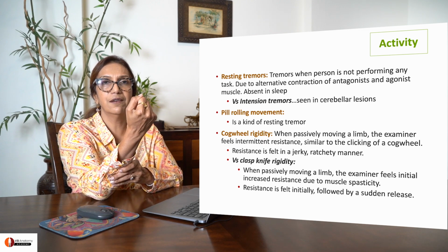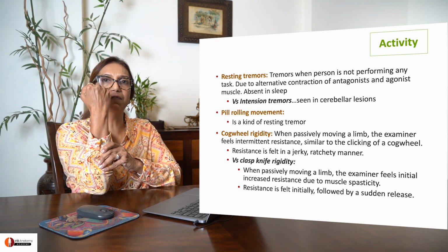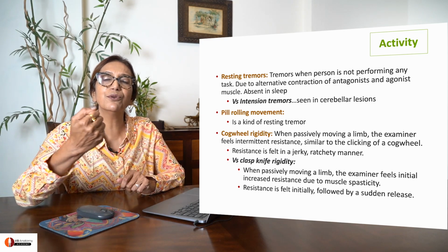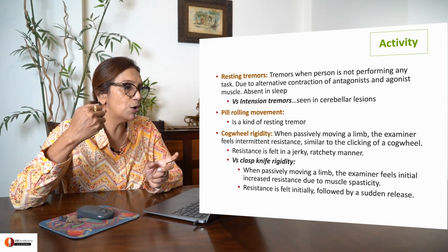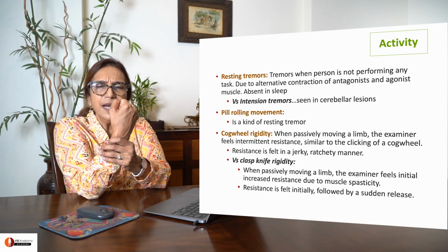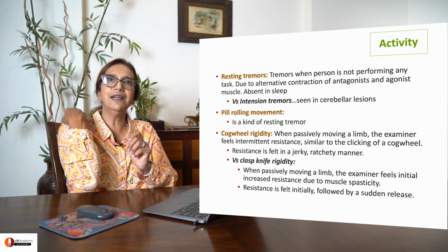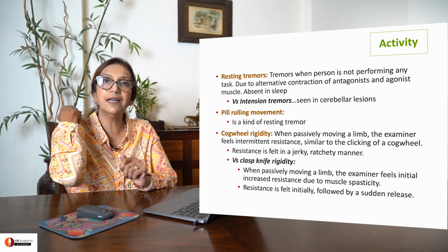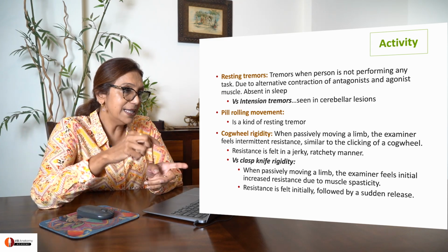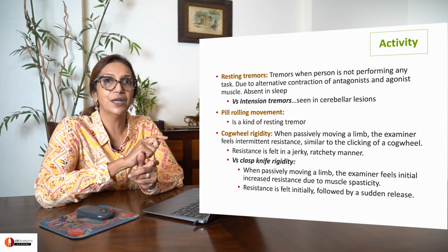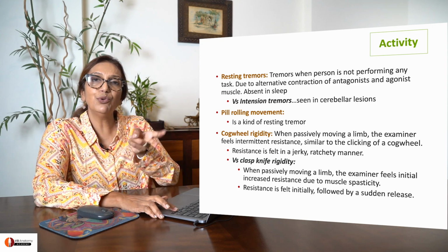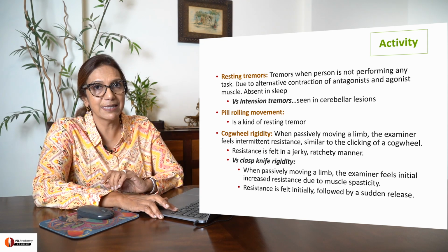Give rigidity, give rigidity. This is how the patient's movements are broken up into smaller segments. This is called cogwheel rigidity, versus clasp knife, when there is tremendous rigidity at one point and then it suddenly gives, and the patient often finds the hand hitting the person's body. This is called clasp knife rigidity. These patients have cogwheel rigidity, not clasp knife. I'm asking you to compare this so that you have a better understanding.